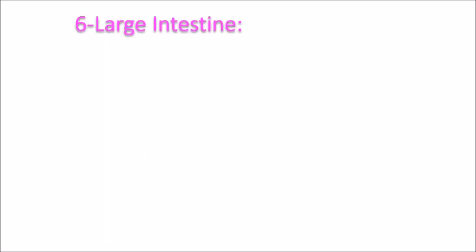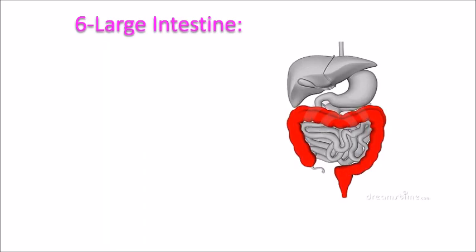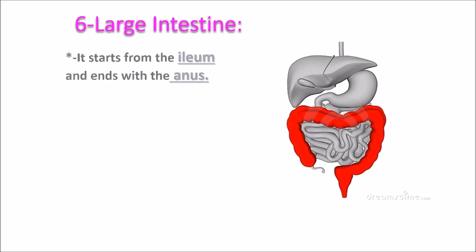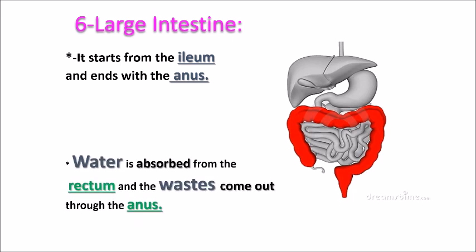The remains of our food is going to the large intestine. The large intestine started from the ileum and ends with the anus opening. What happens inside the large intestine? Water is absorbed from the rectum and the wastes come out through the anus as stool, of course. Now we will